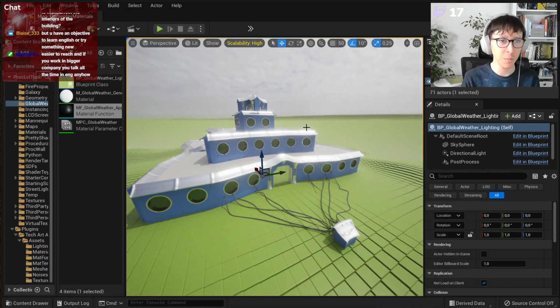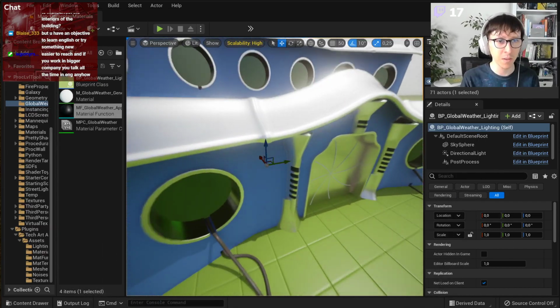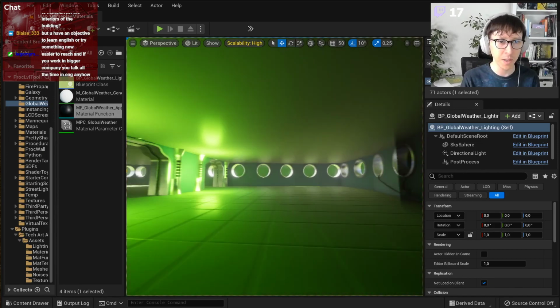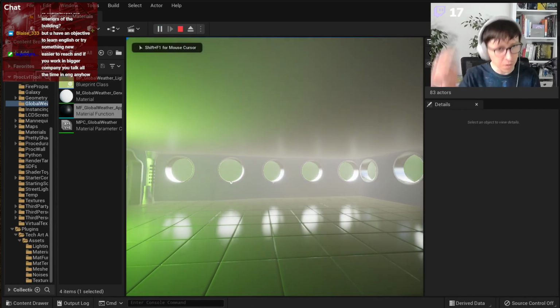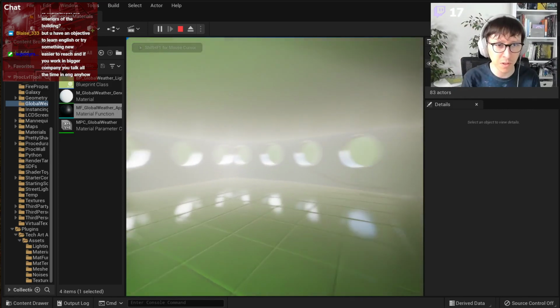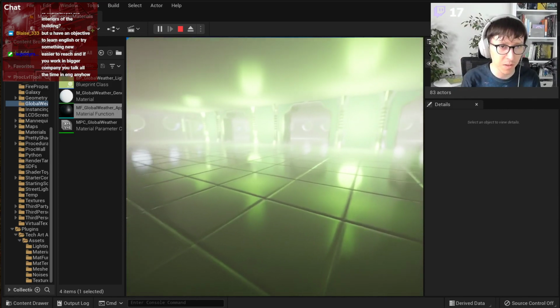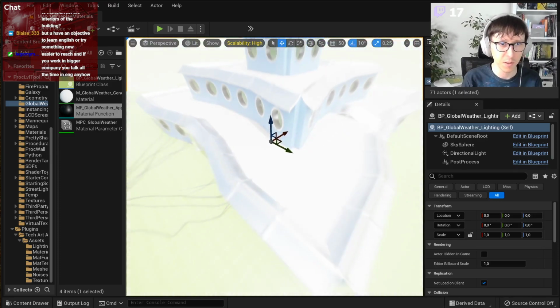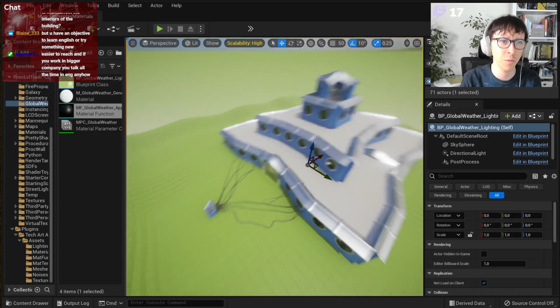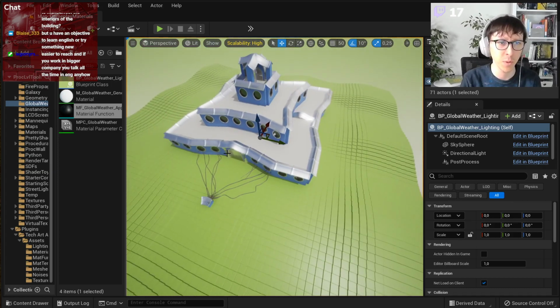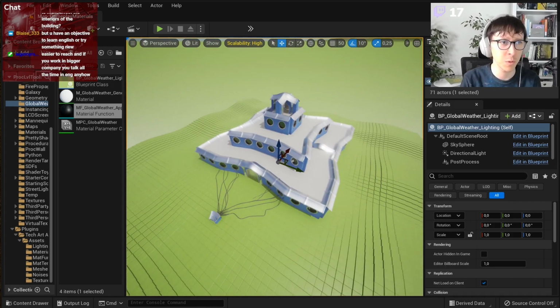So yeah, the last remaining thing is that we don't have any masking in the interior. When I mean the interior, everything gets shiny over time, like everything is wet. So what I mentioned, and I don't know if I want to do it today because maybe it will take too much time, but one solution could be to place